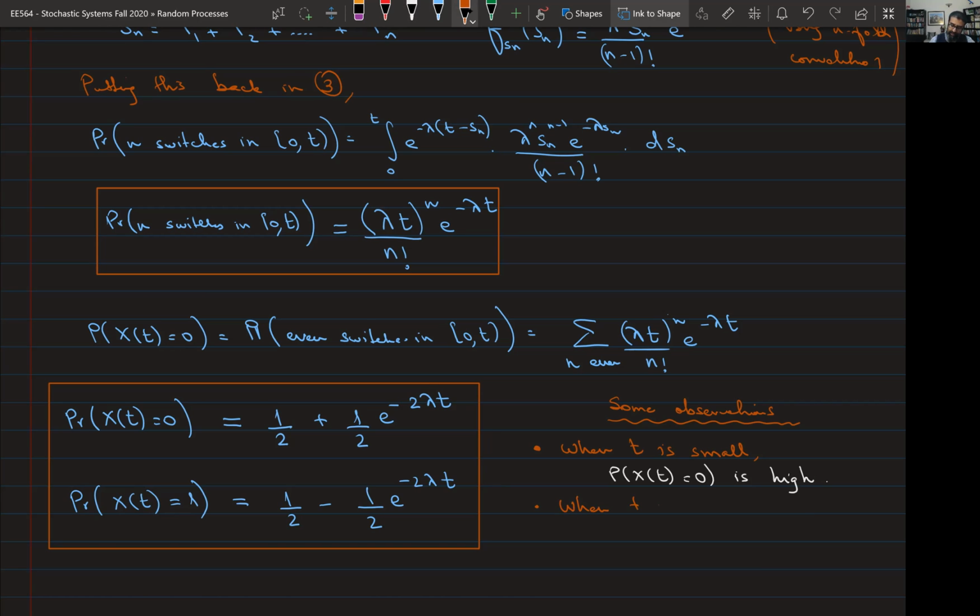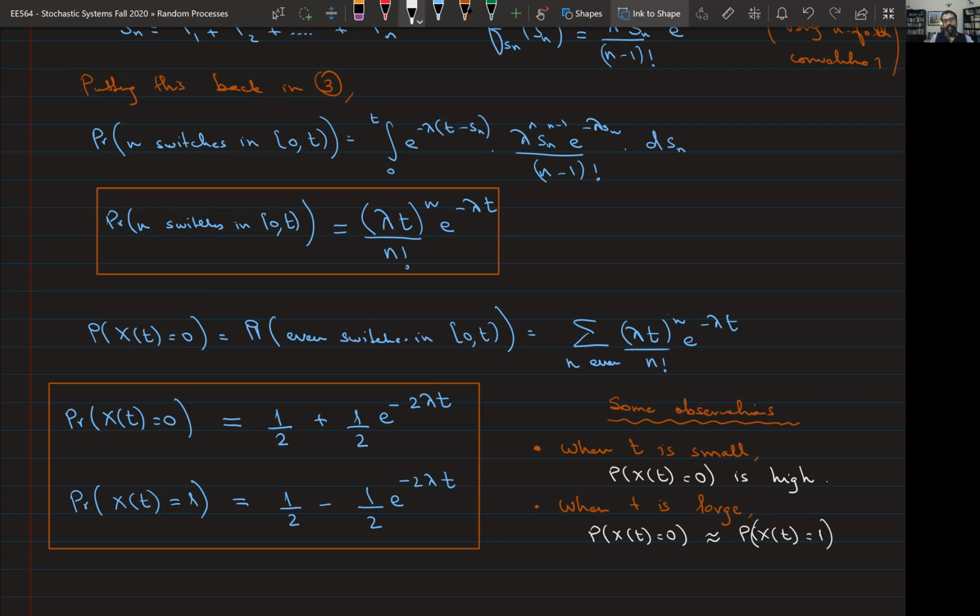When t is large, Jimosin? Both outcomes will be equally likely, roughly speaking. So the probability that x of t equals 0 is approximately equal to the probability that x of t equals 1. That makes intuitive sense as well, because as you keep on going further and further into the future, the effect of that initialization basically diminishes. And one becomes as likely as the other. Okay? This would not have been the case